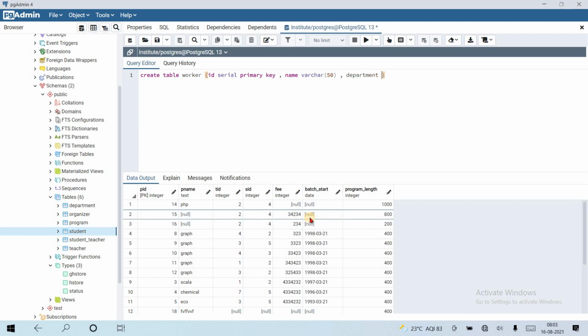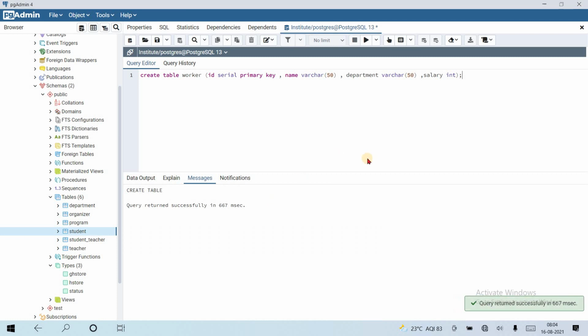Department is varchar 50, and the salary is, suppose, integer. Okay, let's create a table worker. Table created successfully. Let's insert some values into it.